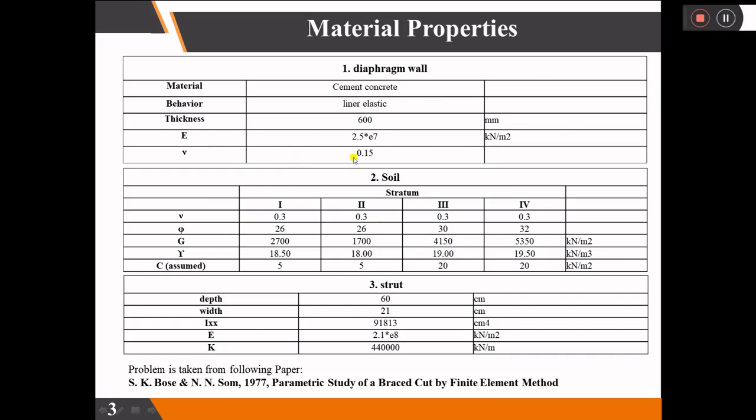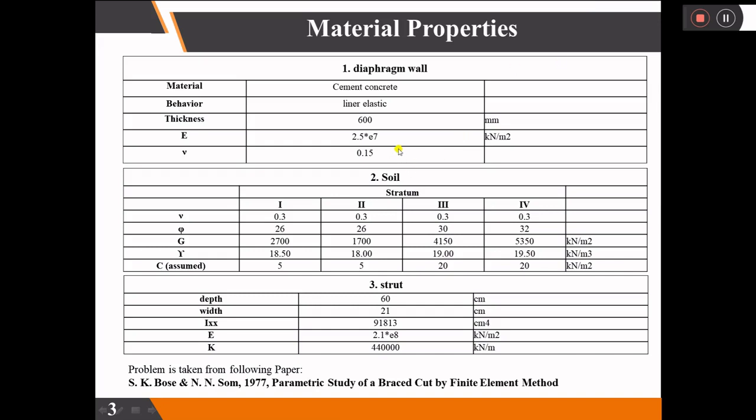Okay, so Poisson's ratio is 0.15, and the thickness is 0.6 meter. If we consider the width perpendicular to the screen as 1 meter, the moment of inertia is bd cube by 12. So b is 1 and d is 0.6, that is 1 into 0.6 to the power cube upon 12, so it is coming around 0.05.